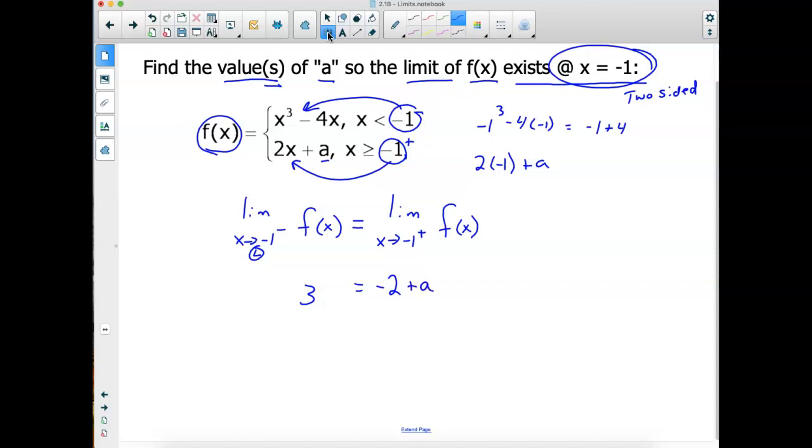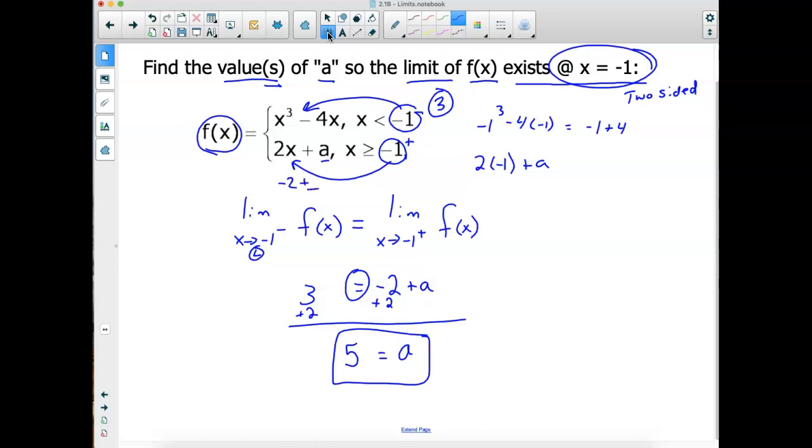I wonder what a would have to be to make these two equal. a would have to equal 5, wouldn't it? All I'm doing is solving this little linear equation that I had there. So a would have to be 5 for that to make it happen. Well, obviously I can check that, because my limit as I approach from the left was 3 here. As I approach from the right side, negative 2 plus what is going to give me 3? Yeah, it would be 5. However,